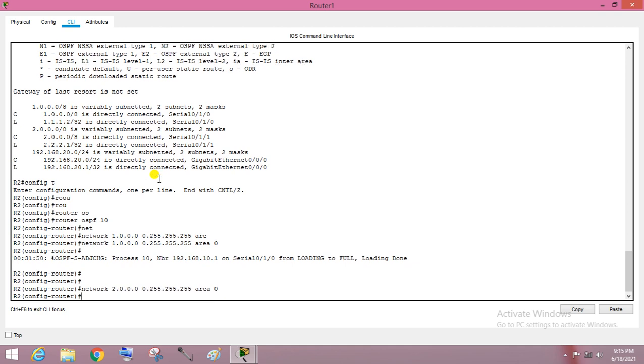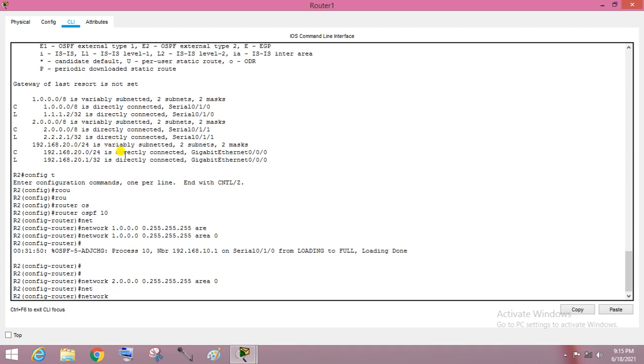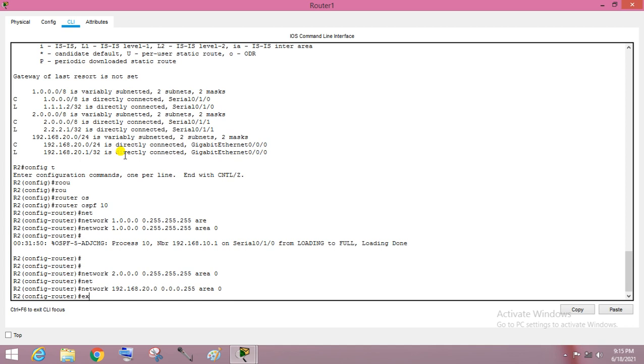Then for the class C IP address, the network is 192.168.20.0. The class C subnet mask is 255.255.255.0, so in this case it will be 0.0.0, and the last one will be 255, and area 0. Okay.